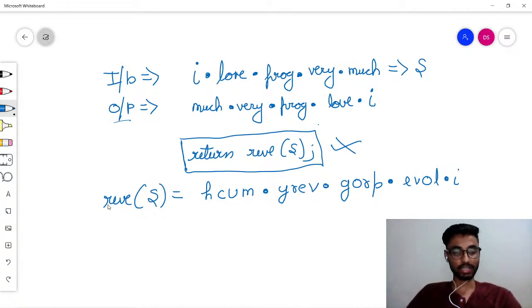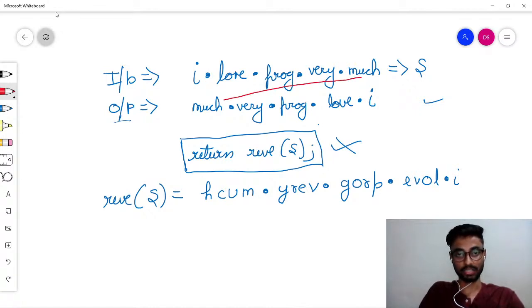So basically what I did, I returned this, but actually it's not the output. So let's see what exactly the output is and what exactly the output is demanding. Here we can see that in the output, this much comes at the first place, very comes at the second place, program comes here, love goes there, and I comes at the last place. So basically what we can observe from this is that